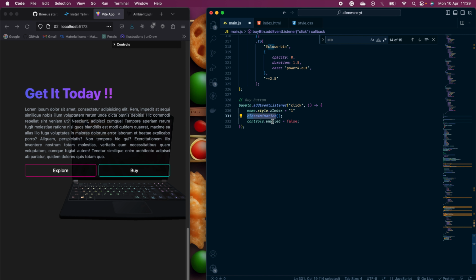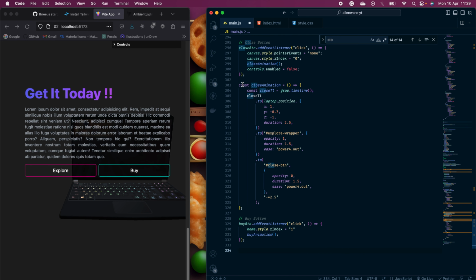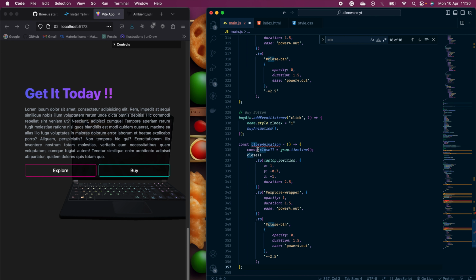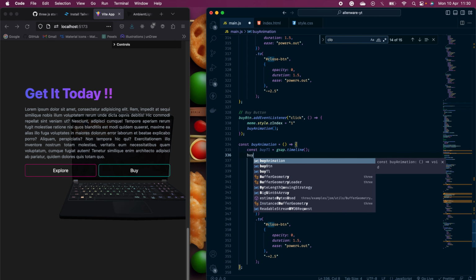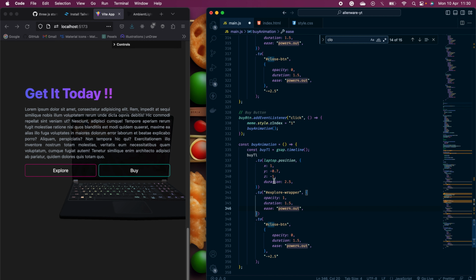Next is the buy animation, and we don't need any controls this time. Okay. And we can probably do the buy animation now. Just copy this, change this to buy animation. This will be called buy TL. Okay, let's check this now. Laptop position will be 0, -0.7 works, 0.5, duration is 2 seconds,